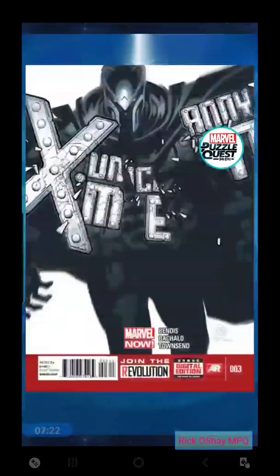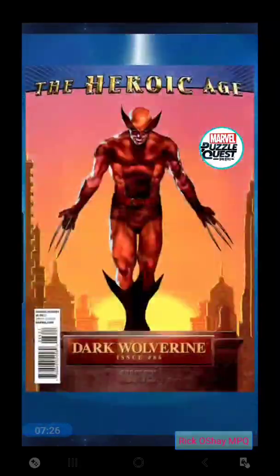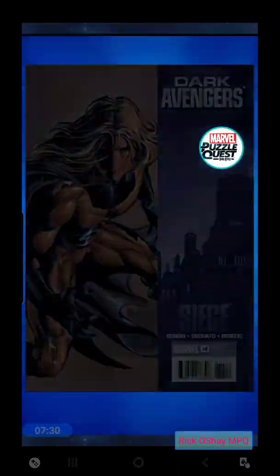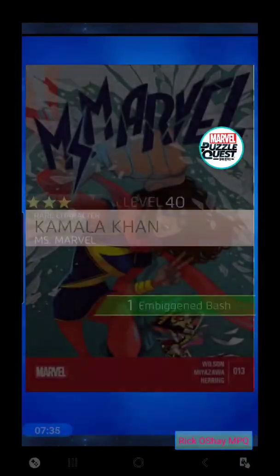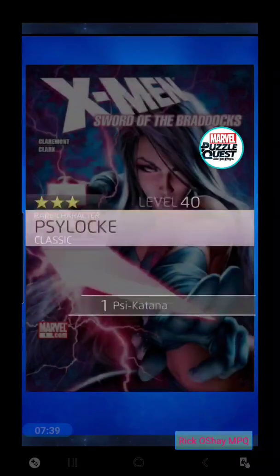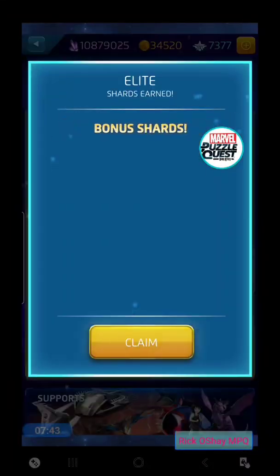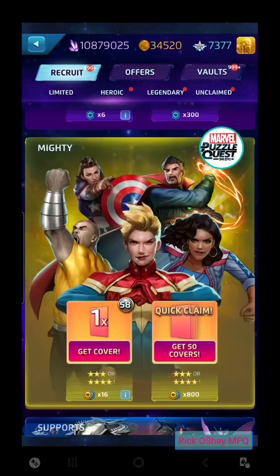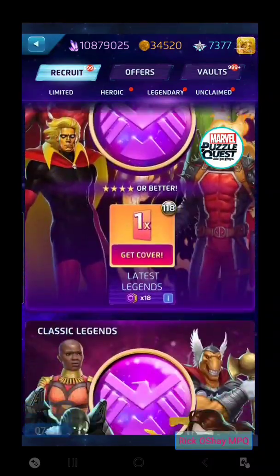Starting with Quicksilver, Black Panther, Beast, and Captain Marvel, Punisher, Sentry, Kamala, Colossus and Psylocke, Hawkeye, and some bonus shards. So really good draw rate there on the elite tokens. Let's move on down to,